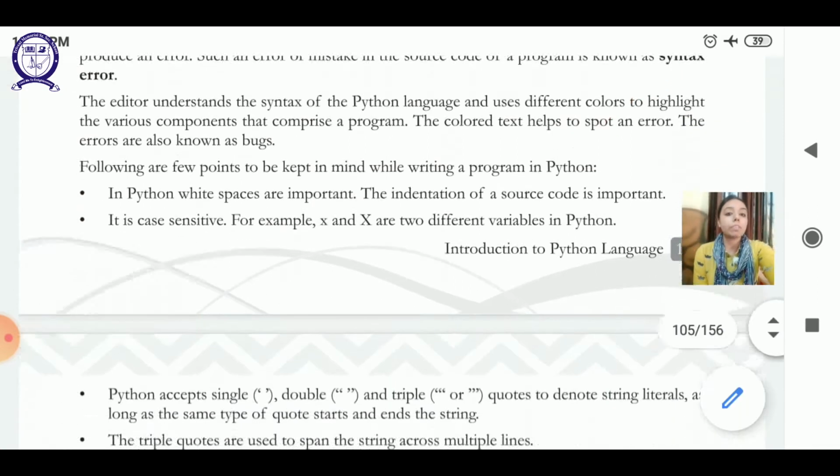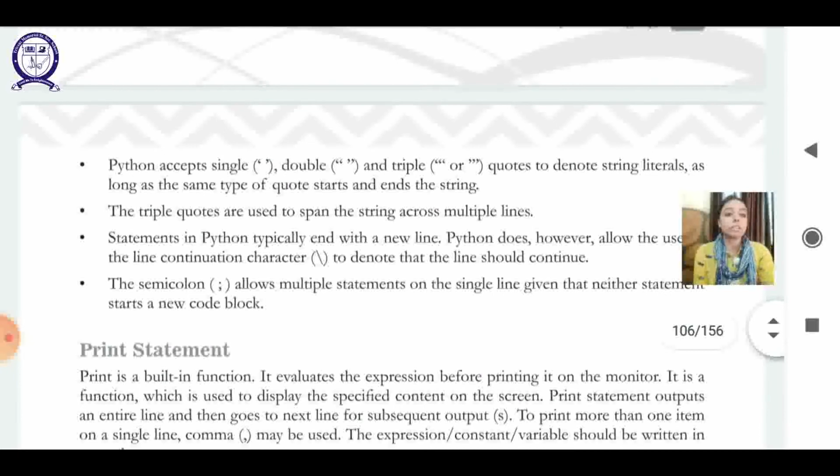After this, Python accepts single, double and triple quotes to denote string literals. That is, if we want to write a collection of characters in Python, it should be enclosed in either single quotes, double quotes or triple quotes. Basically we use triple quotes to span the string across multiple lines. If we want to write many lines in a string, we can use triple quotes for that purpose.